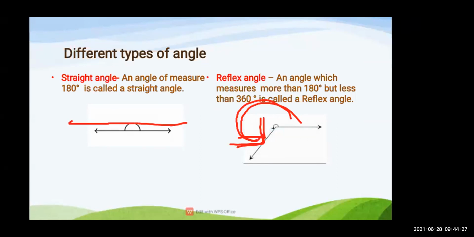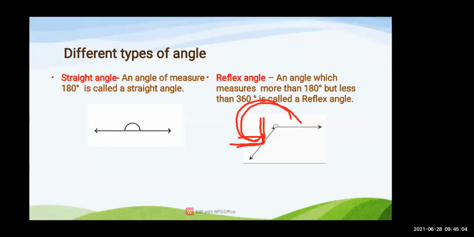180 means straight angle. देखो ये straight angle है. इसको भी cross किया, आगे गया वो. Straight 180 से more than. But it is not 360. पूरा राउंड कंप्लीट नहीं किया है. If it is completing the whole round, that is a different angle, that I will explain to you. But it is not completing. What are you going to remember? 180 से ज्यादा but 360 डिग्री से कम. 180 से ज्यादा but 360 से कम. So that is our reflex angle.